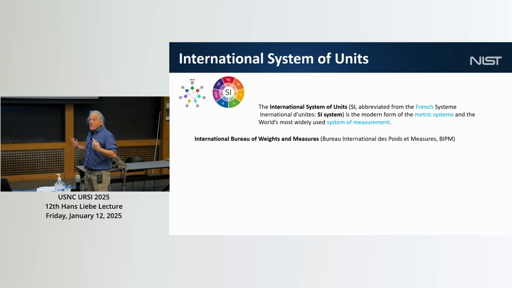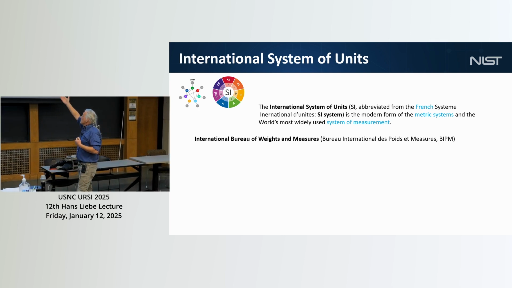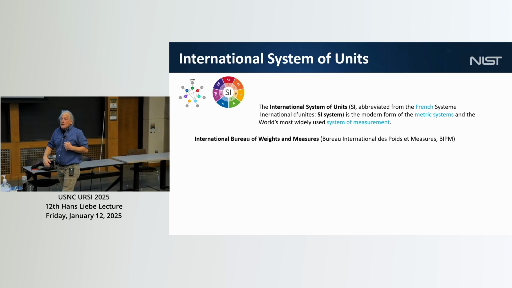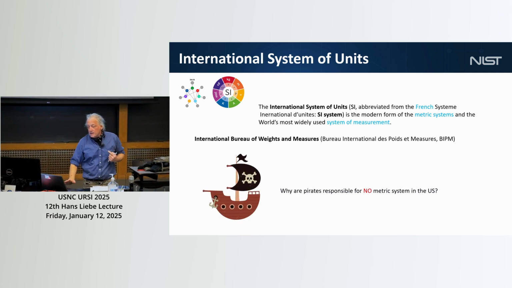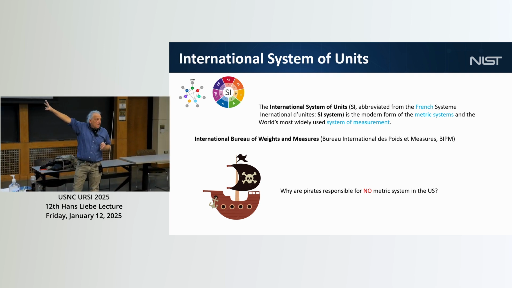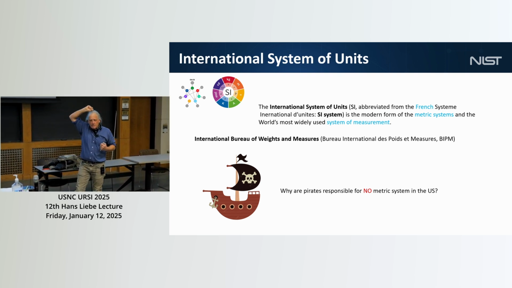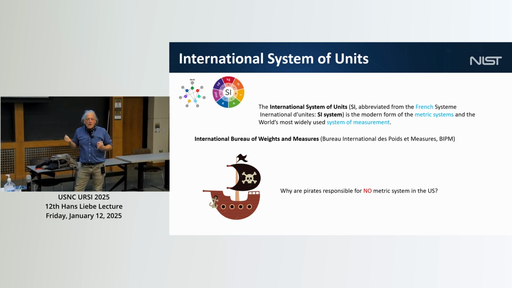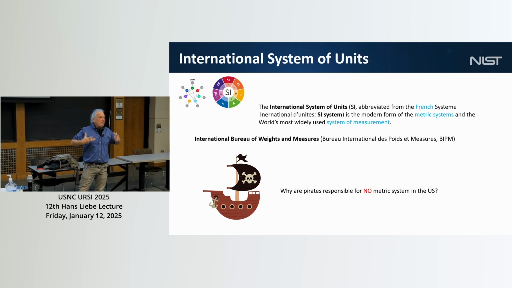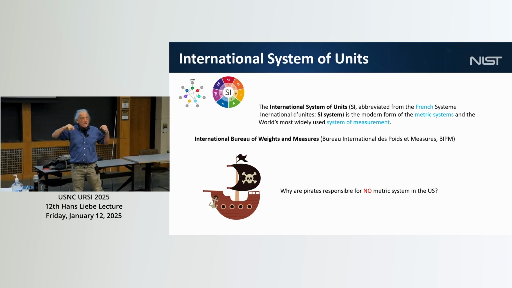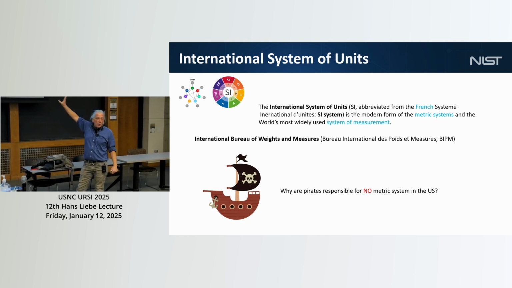How we ensure that we're all making the same measurement, we tie our measurements to something called the SI, the International System of Units, and it's governed by this body out of France, the Bureau of International Weights and Measures. An interesting anecdote is, does anyone know why we don't have the metric system in the U.S.? I blame it on pirates. It turns out, this is a true story, that right after the Revolutionary War, Thomas Jefferson wanted to ensure that we had some system of weights in the U.S. And the story is that he liked the French system. I think he was just trying to get back at the Brits. So he sent a bunch of money to